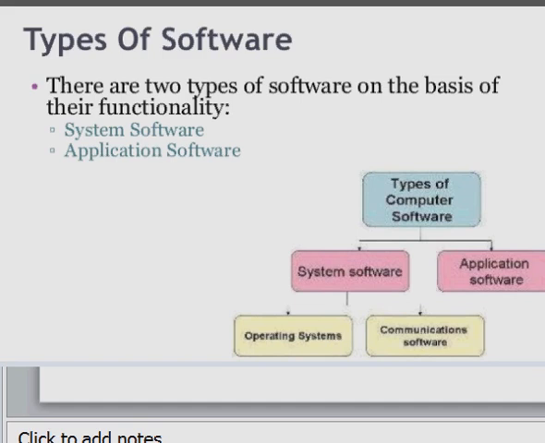So an operating system like Windows is the type of software which a system can use. We are operating on our system with the help of that operating system. With the help of Windows we are able to work on our computer, or you can say on our hardware. Next I will be discussing what an application software is.